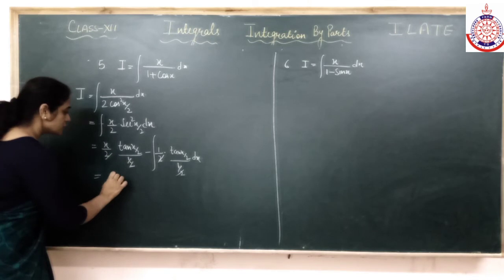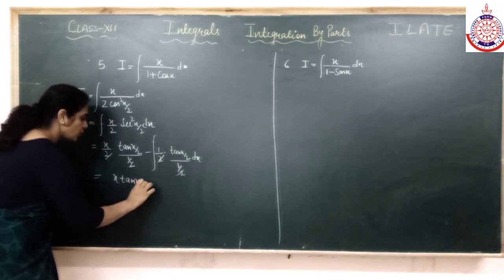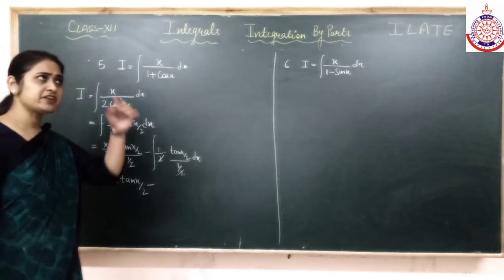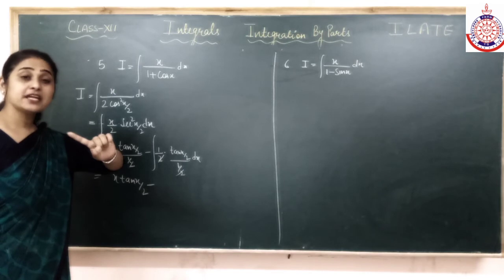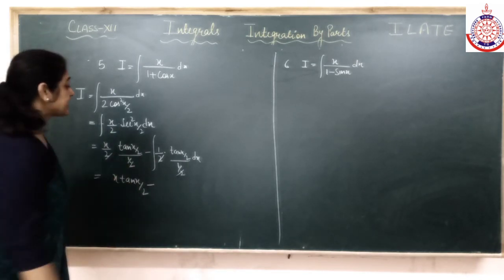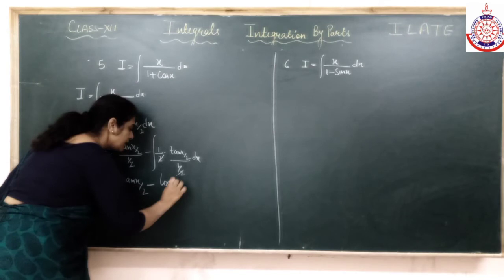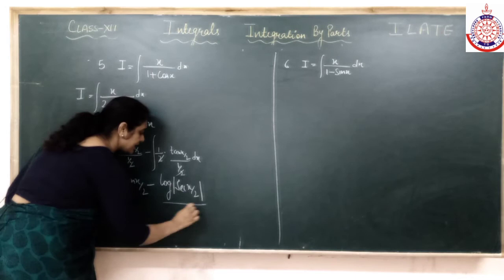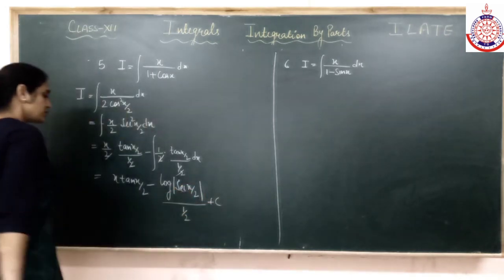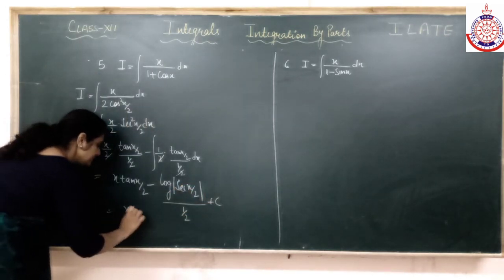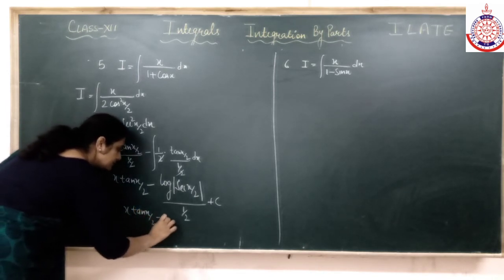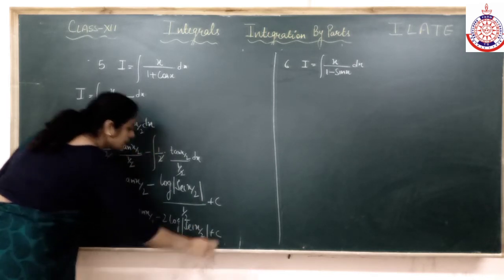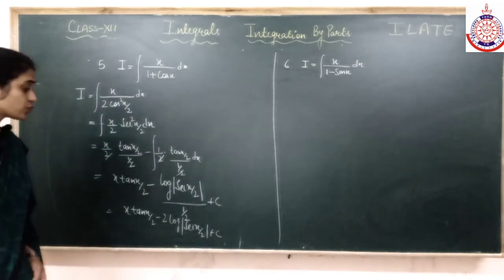Alright. So do we know the integration of tan x by 2? Yes, we know the integration of tan x. What is the integration of tan x? Substitution, remember we did it by sine by cos, either minus log cos x or log secant x. So log of secant x. And the coefficient of x has to come in denominator, that is 1 by 2. Fine, so then it will go up. Log of secant x by 2 plus c. Clear to everyone?